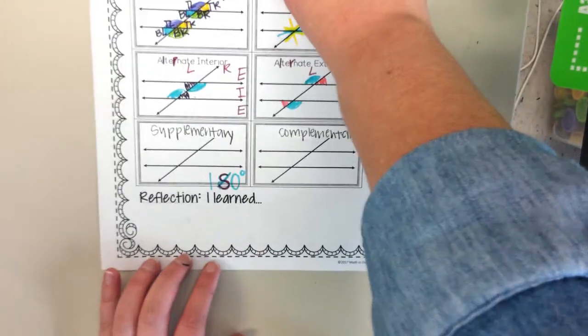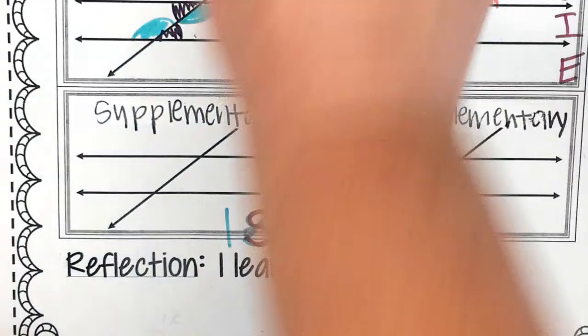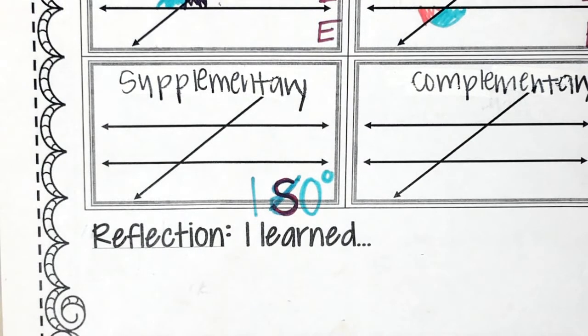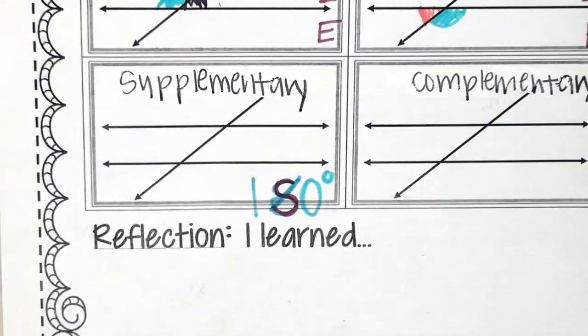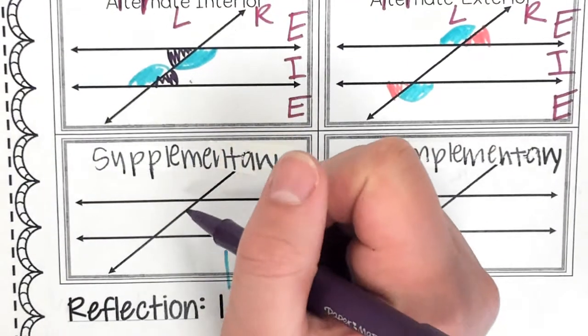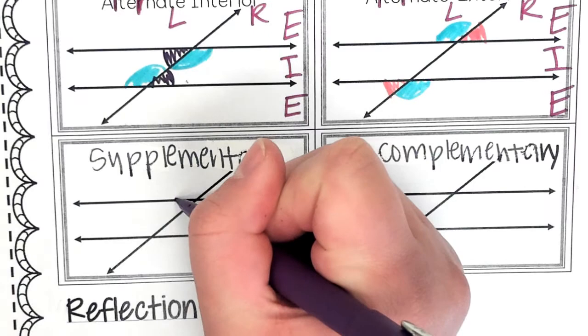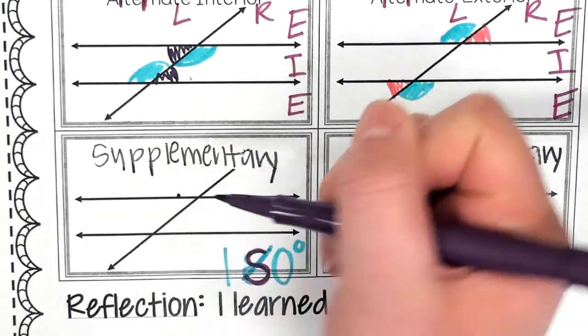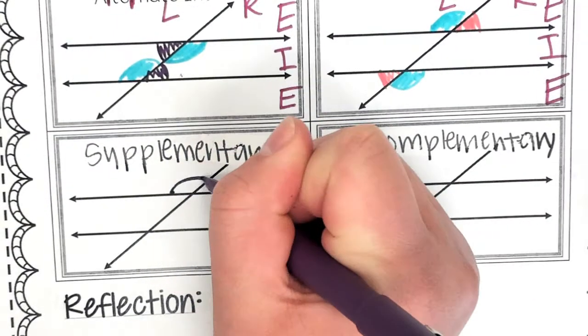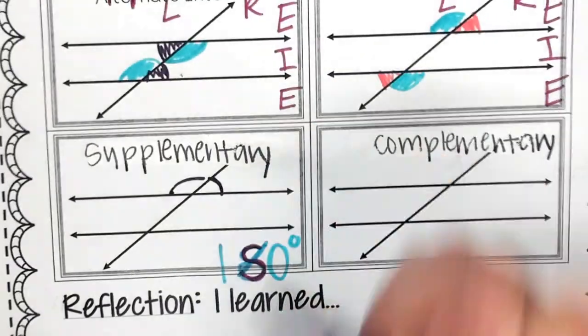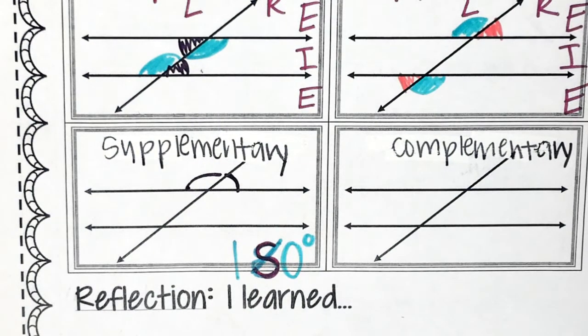So on here, it's going to be kind of hard to mark, but let's try our best. How should we mark this? Let's do... Don't color them, just outline them. Let's do this guy and this guy. I'm not going to color them in because, again, they're not congruent. They're equal to